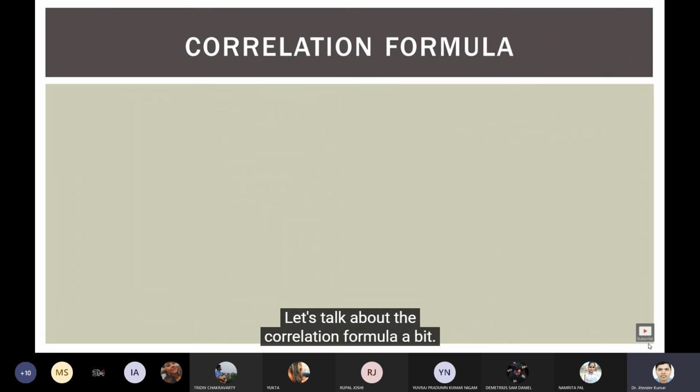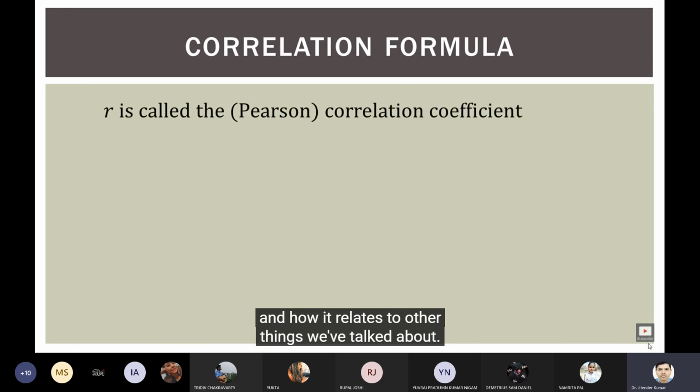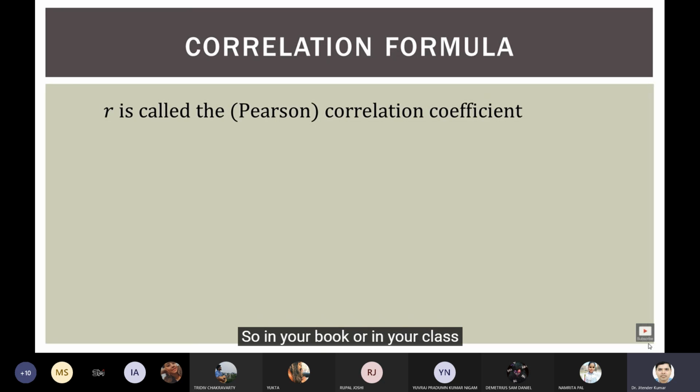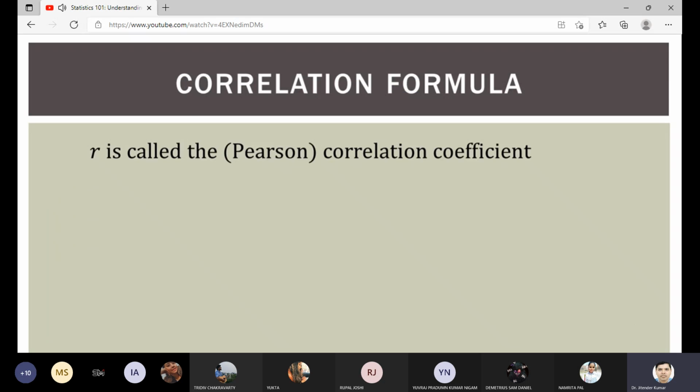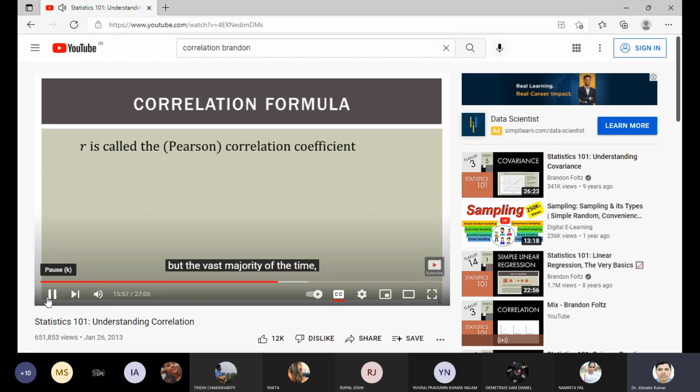Let's talk about the correlation formula a bit. And I'm not one to really harp on memorizing formulas, but I just want to point out sort of where this comes from and how it relates to other things we've talked about. Now, r is called the Pearson correlation coefficient. So in your book or in your class, if you hear the term Pearson correlation, that's what we're doing here. There are other types of correlations, but the vast majority of the time, especially in an